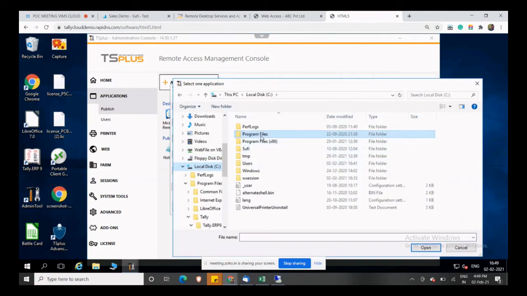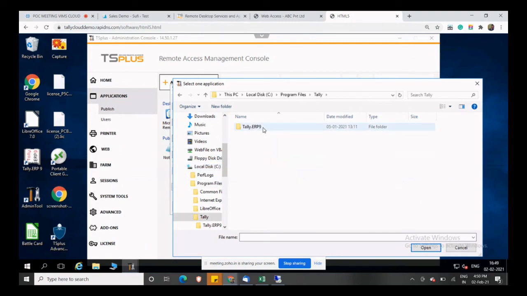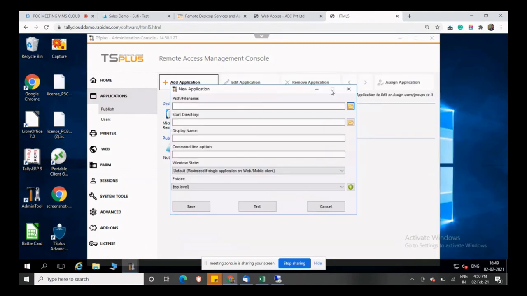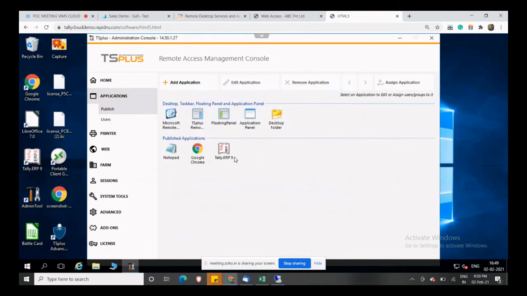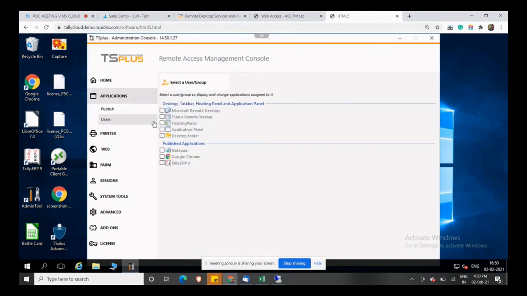Whatever application you install on the server goes to Program Files, either x86 or only Program Files. You can select any path and add the .exe extension. Once you click on this, you can see the application here. Then you can go to the user and give application access.